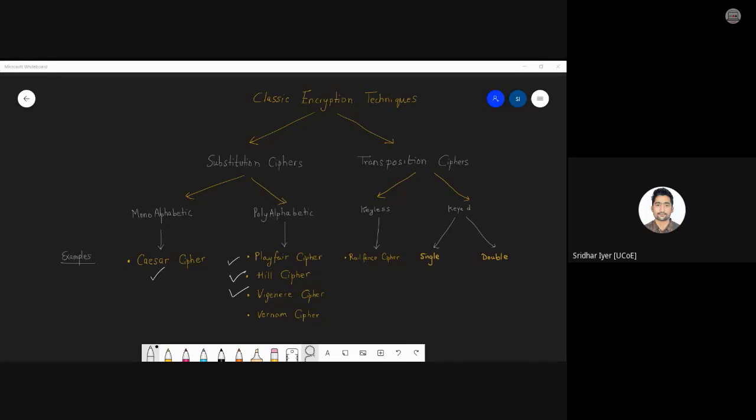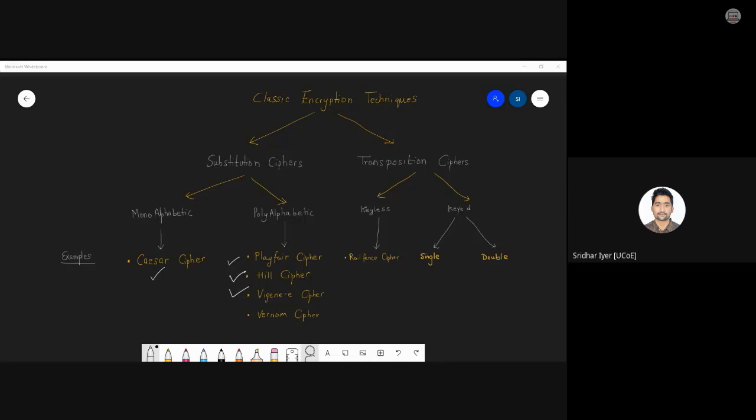Substitution is basically substituting one value with other value. Fine. What could be transposition? Bits are changing in both the ciphers. Correct. Exchanging, or we can say permuting, changing positions. Correct. The plain text bits remain the same. We simply need to change the positions of the plain text bits and make it jumbled up. Jumbled sentences, jumbled words you have seen.